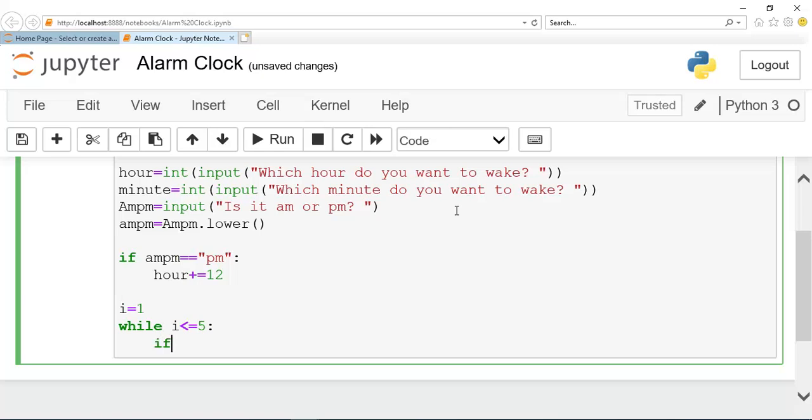And now guys, using if statement we will check if the time inputted by the user is equal to the current time.